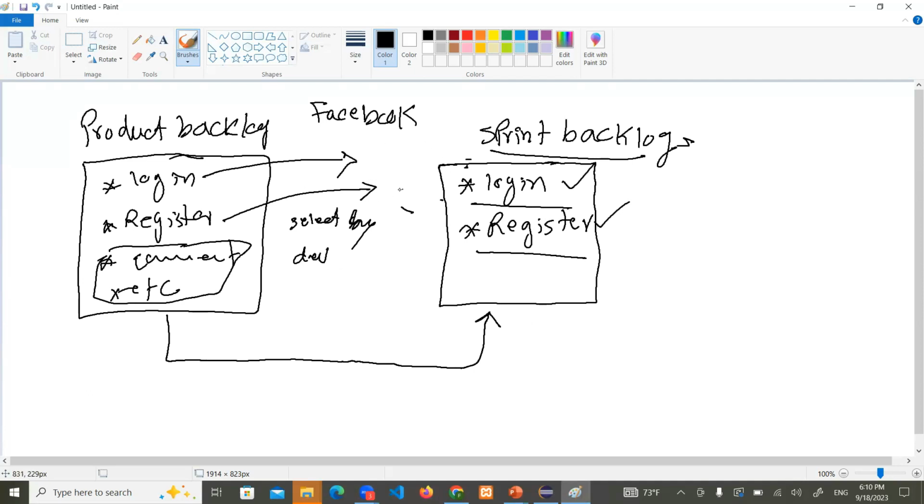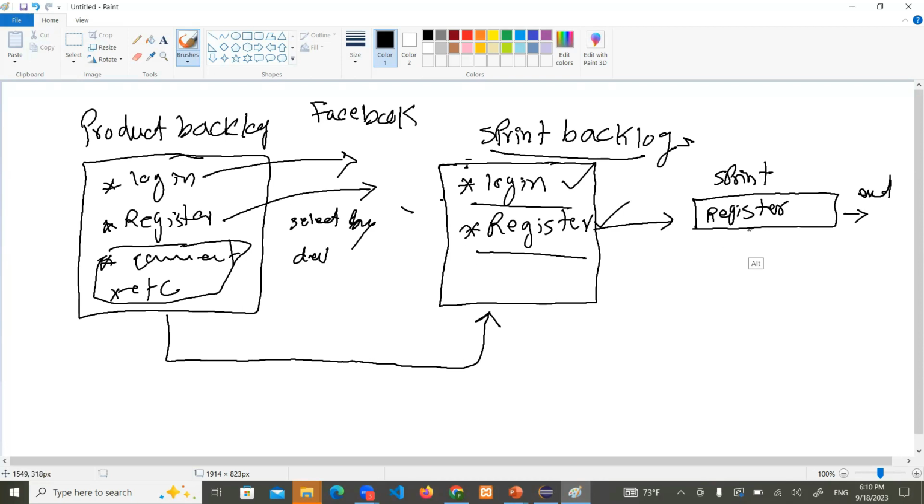Now, the development team will first build the registration user story. They will start on the register sprint. Once they start it, complete it, end it, test it and check that it is working fine,